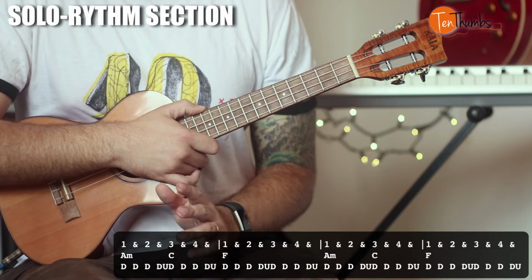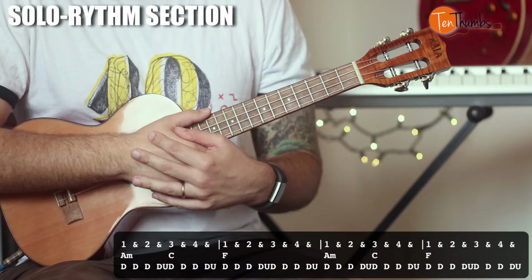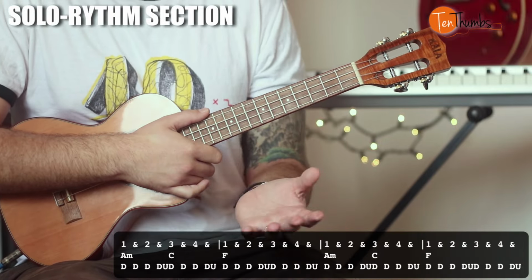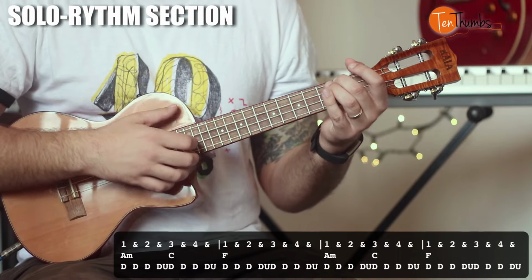Now this is a basic rhythm. If you want to get closer to what John Bonham is doing, I would recommend listening to it and really feeling it and vibing with it. But this is going to be great for our version. So that's going to be,